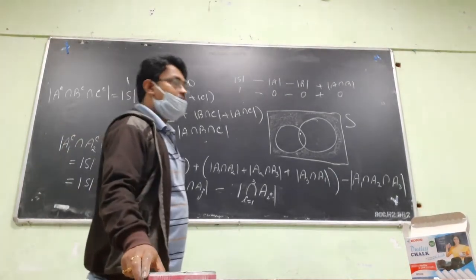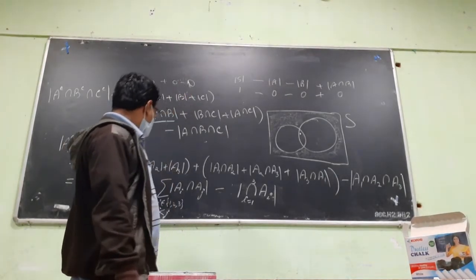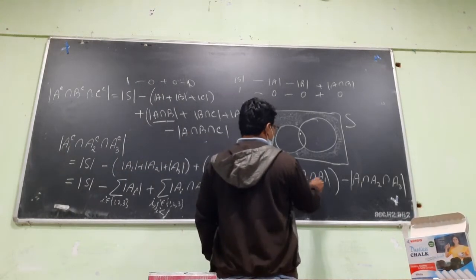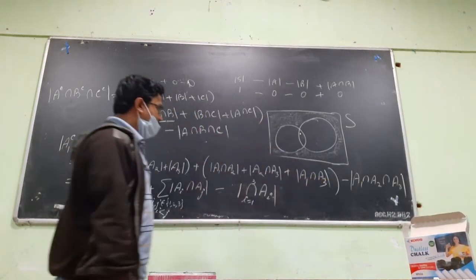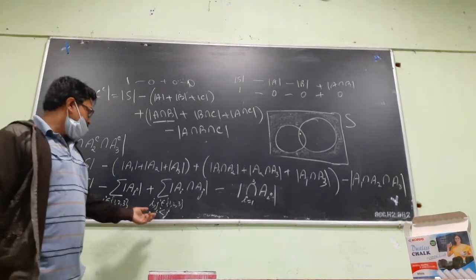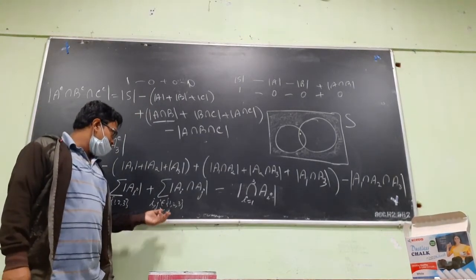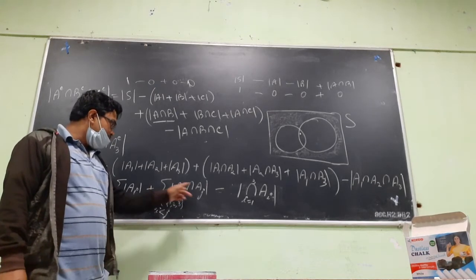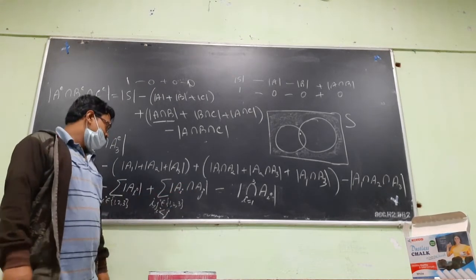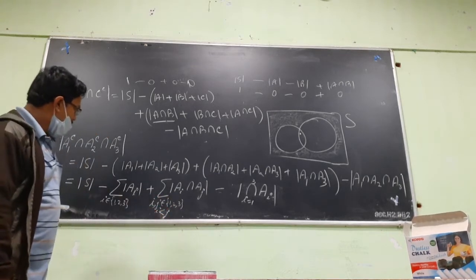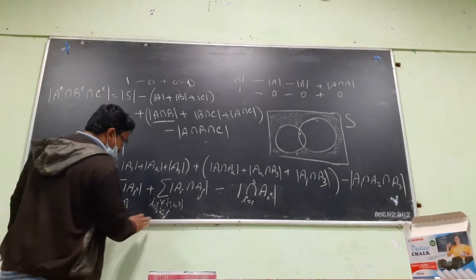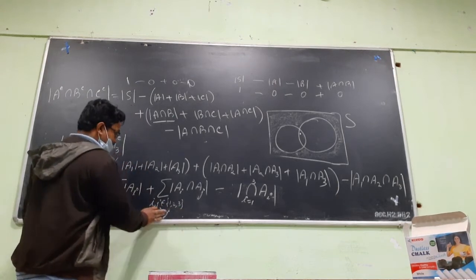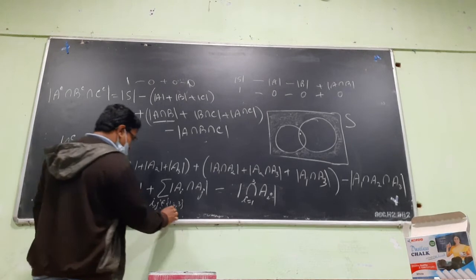So it's all the same. A1 intersection A3 and A3 intersection A1 are the same thing. But if I write i not equal to j, somebody may think A1 intersection A3 and A3 intersection A1 are counted again. So later we will change this thing. So we can just add this part.